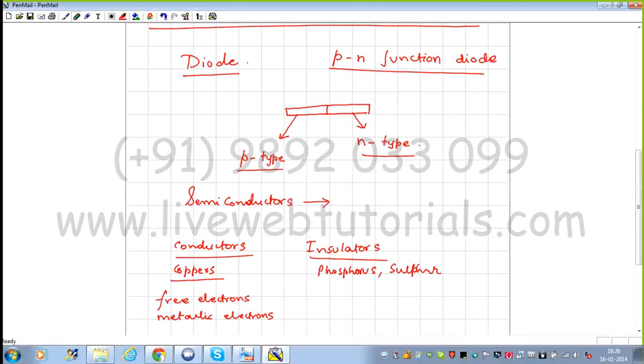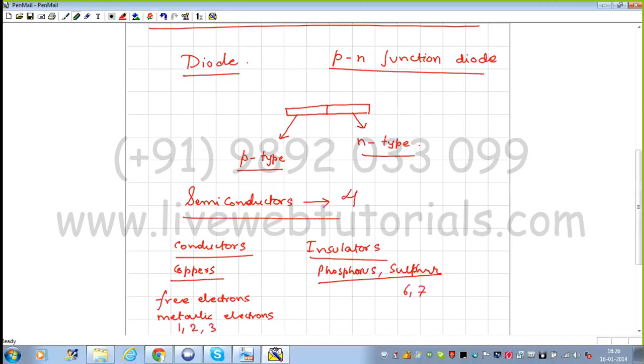There will be a sea of electrons which will be responsible for conduction of electricity. Here there are no free electrons in case of insulators. They will be having 6 or 7 electrons in their last shell. These elements will be having either 1 or 2 or 3 electrons in their last shell. Semiconductors are those materials which will be having 4 electrons in their outermost shell.